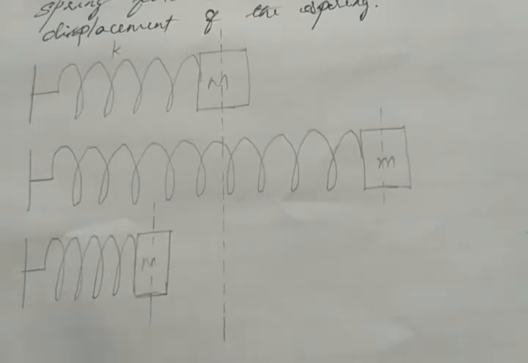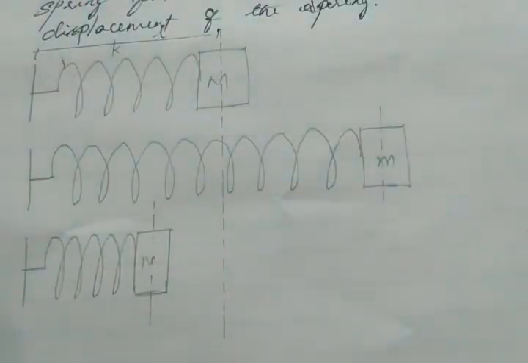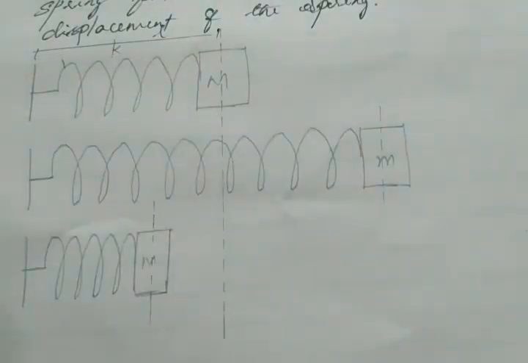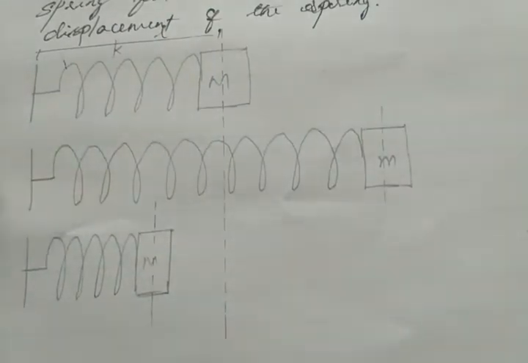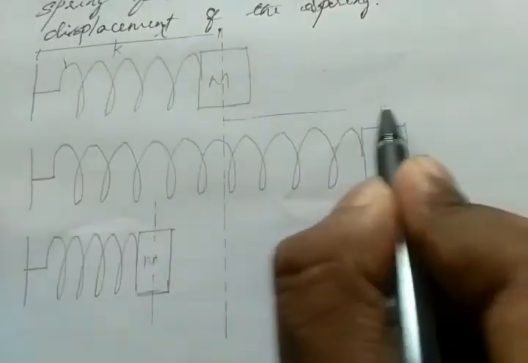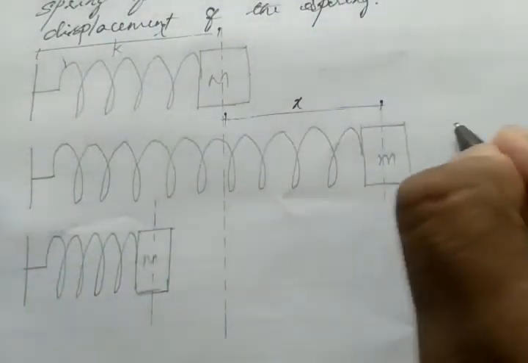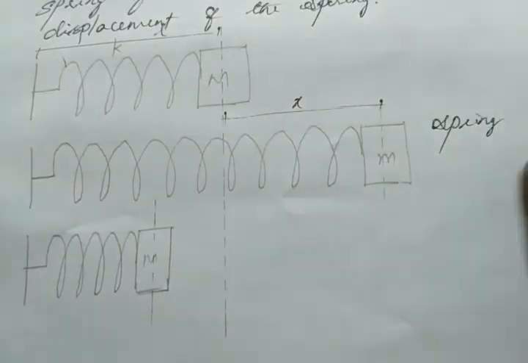Consider this scenario. Here we have a spring of spring constant K. Here we attached a mass to the spring. So this length is known as the natural length, right? Then we pull this mass towards the right side. Then what will happen? The spring got elongated, right? So this elongated length is known as the displacement length. Displacement. Here the spring got elongated.